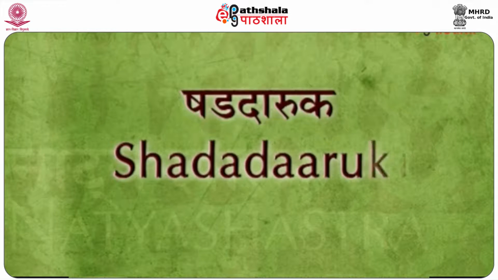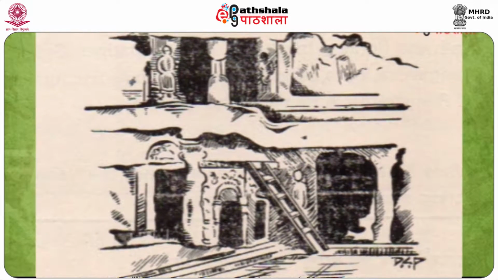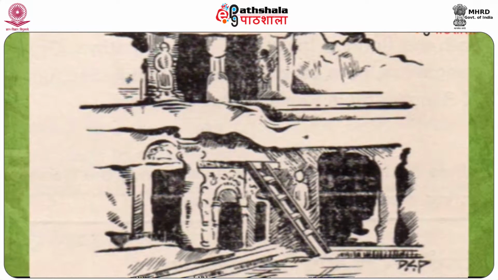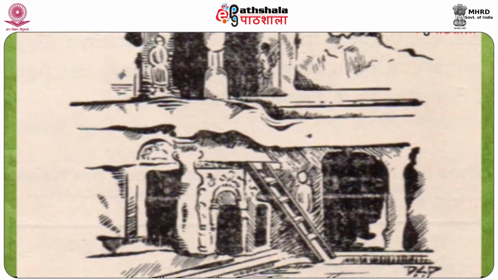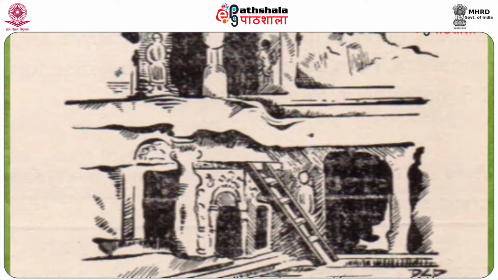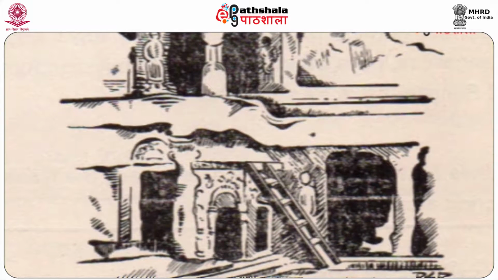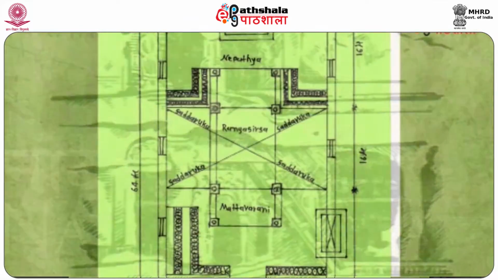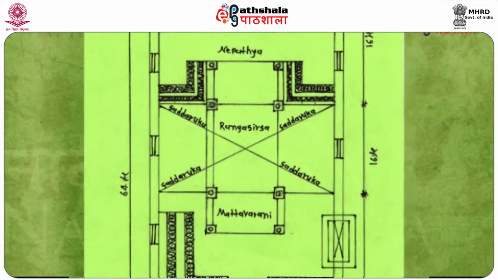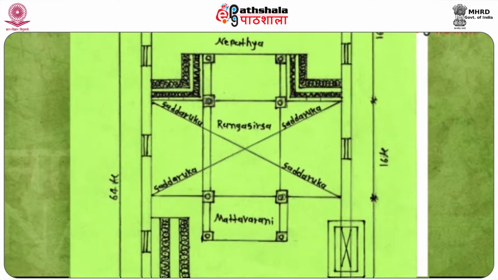The next one is Shadadaruka. Probably it's a pavilion, a mandap, raised on 4 pillars on the Vedika, made of 6 wood pieces. The roof, raised over 4 pillars, with Vedika as the 6th piece, which has its special function